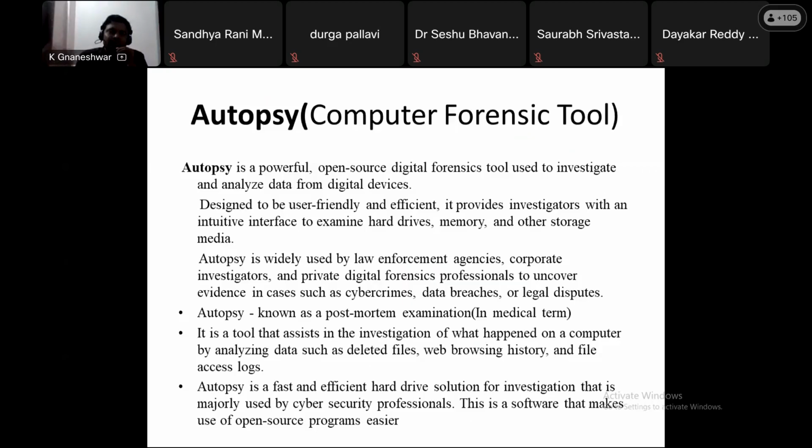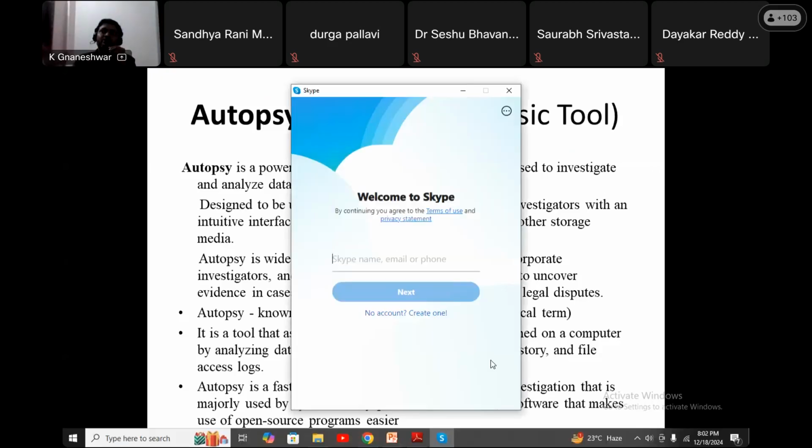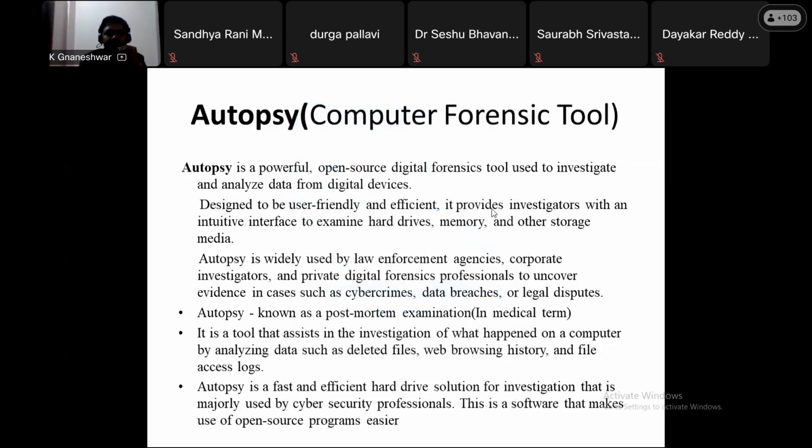The same word, autopsy, in digital forensics, the same method we apply here for evidence proof purposes, especially applying autopsy on digital media like drives, pen drives, hard disks, or any type of storage media. That is one advantage.